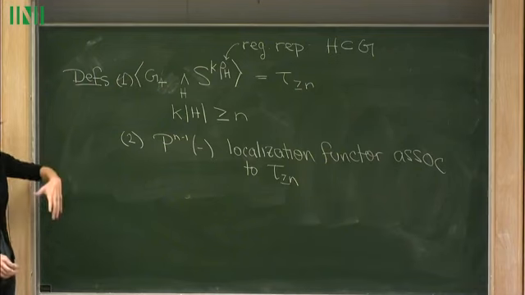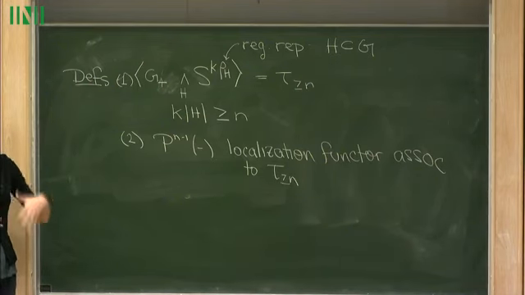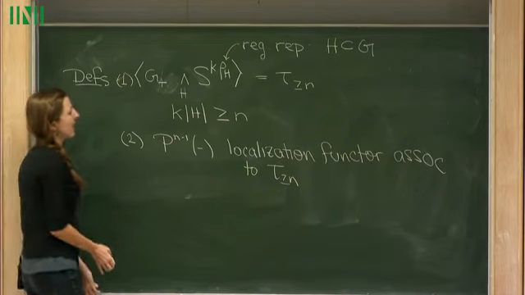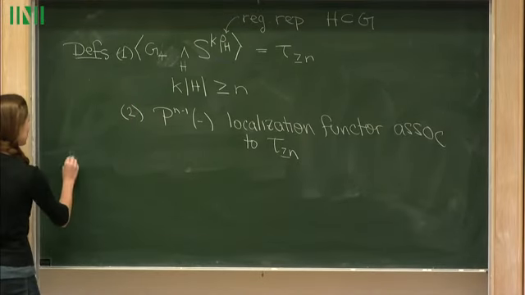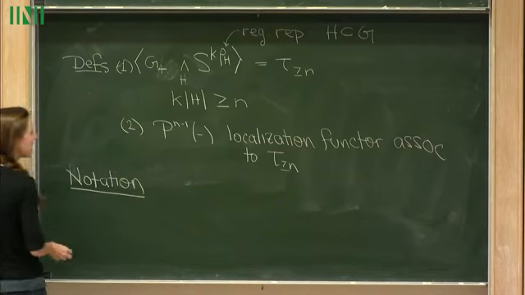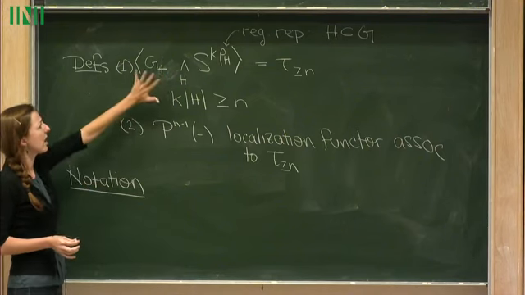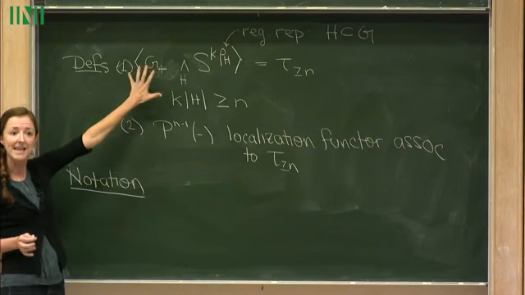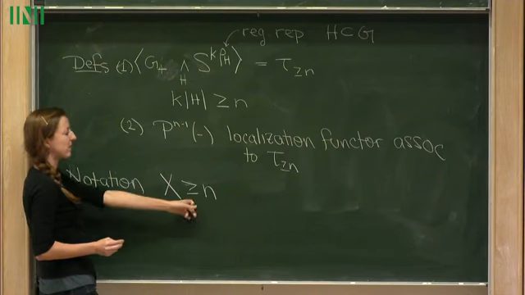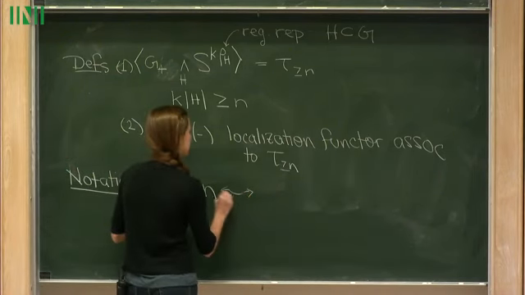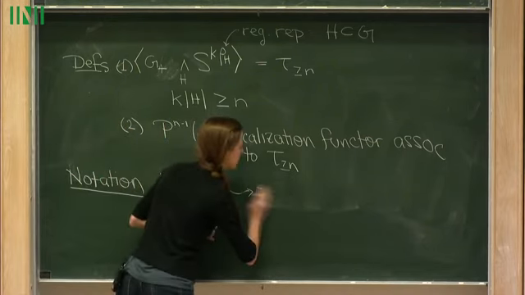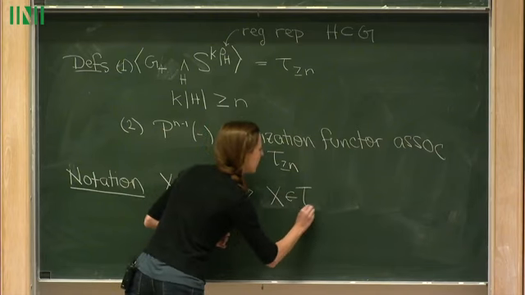So when we apply this functor to our G spectrum X, this is us essentially killing our maps from these spheres into X. And just a bit of notation that will be useful, and then I will put these together into a tower. When we are talking about objects that are actually in tau n, we might write that X is greater than or equal to n. So this is exactly just notation to say that X is in tau n.